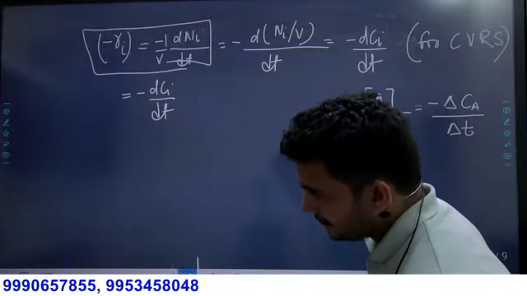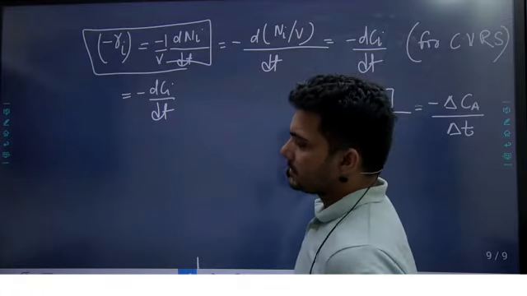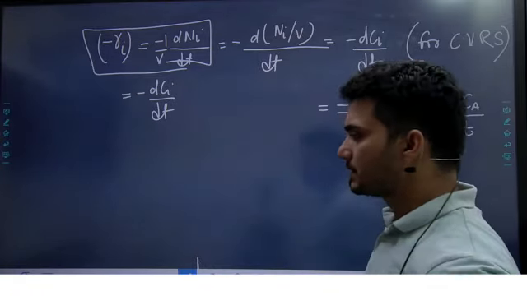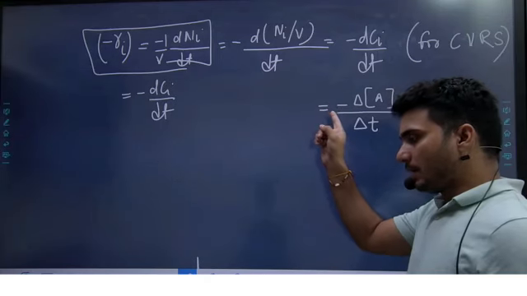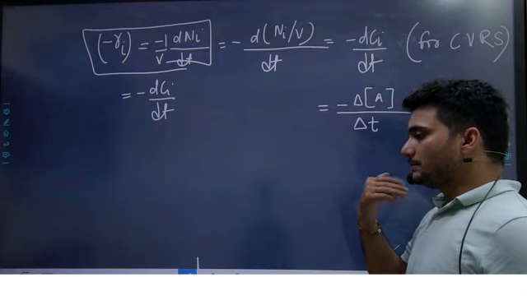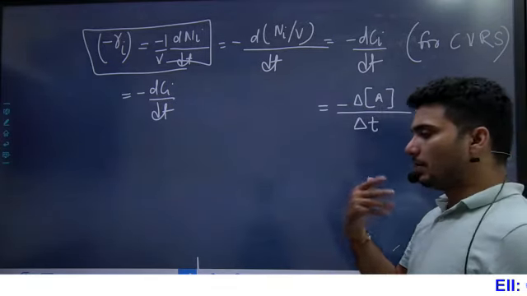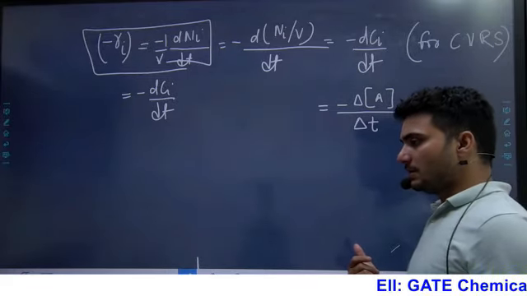Here S is the interfacial surface area, or you can say the external surface area of the solid. Are you following this point? How you will define the rate? Does anyone have any doubt? How will you write the definition for a homogeneous reaction system and for a heterogeneous reaction? Now after that,